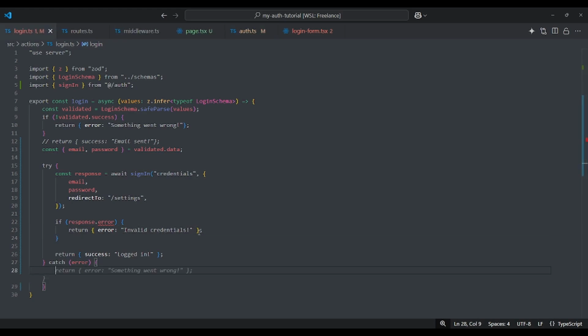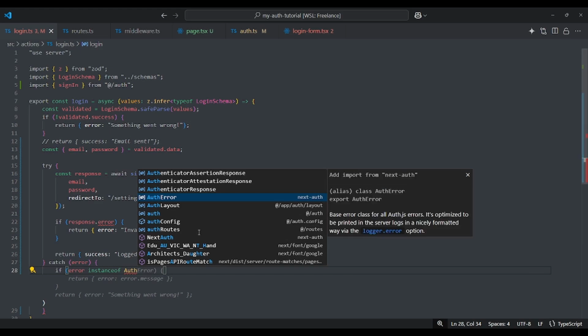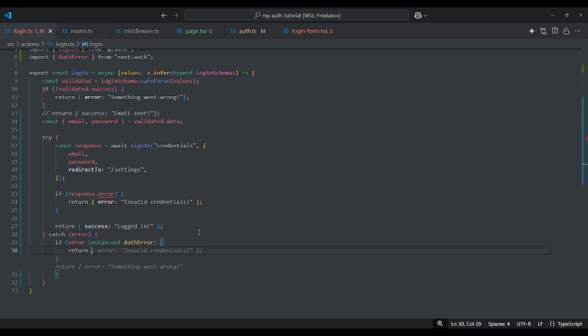Okay, so here, if the error is an instance of this one, AuthError, then we return error, invalid credentials.